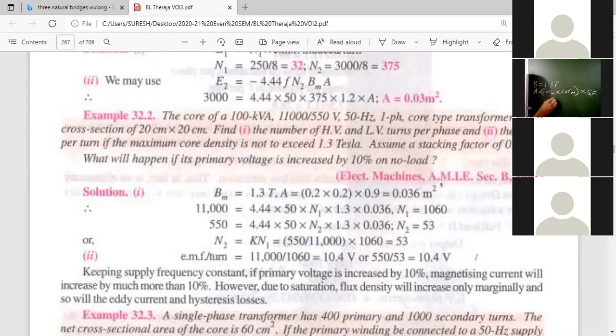Let us take, this is the circular iron piece. I am explaining why stacking factor has to be multiplied. If stacking factor is not given in the problem, we will take it as 1. Then area is only 20 centimeter into 20 centimeter. Then what do you mean by stacking factor? Take the circular iron piece. I am cutting this circular iron piece to 1 mm.